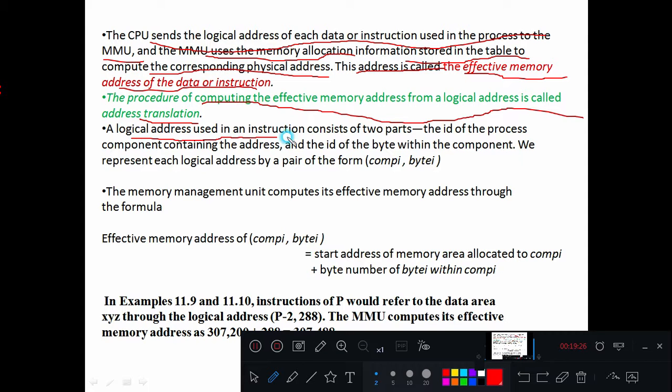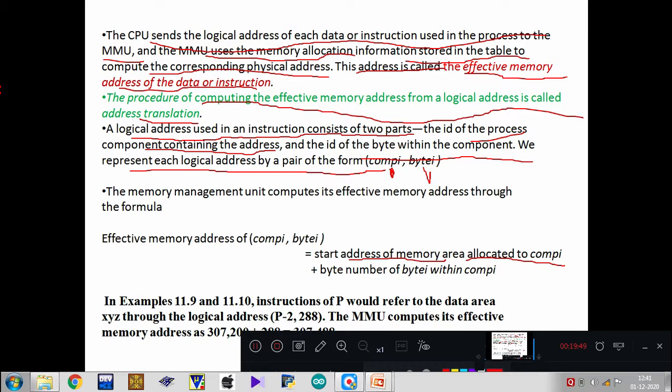A logical address used in an instruction consists of two parts: the ID of the component, as I already discussed with an example, and the ID of the byte within the component. So we represent each logical address as a pair, component of that particular process and byte. So both are added. Starting address of the memory area allocated to component i,